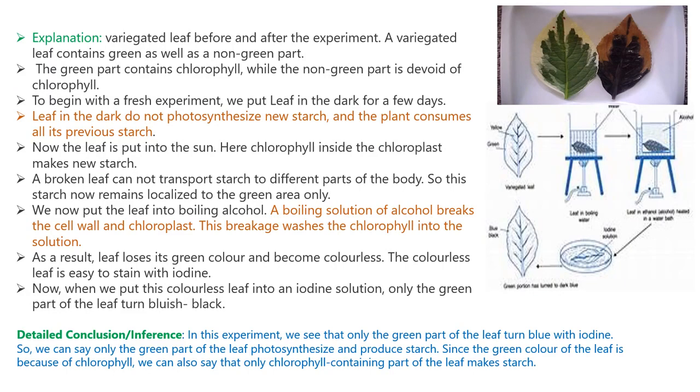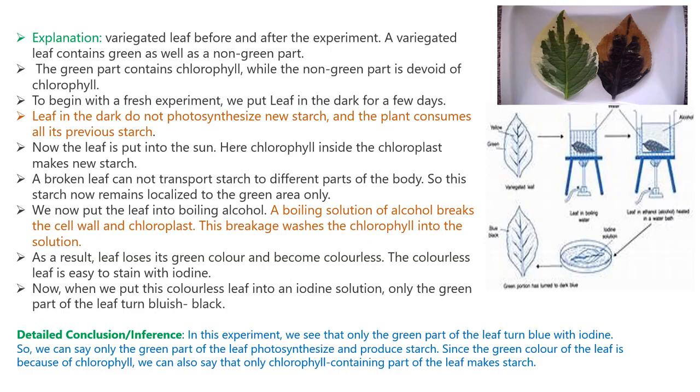We know the experiment aim, that is chlorophyll is essential for photosynthesis. Now what is a byproduct of photosynthesis, children? The byproduct of photosynthesis is starch. That means with the process of photosynthesis, starch is produced in the plant and it is stored in different parts of the plant.